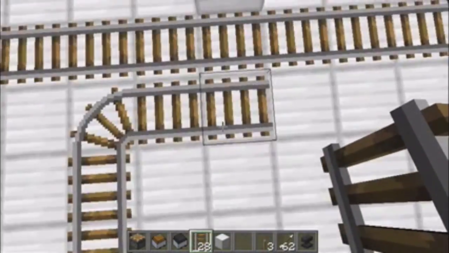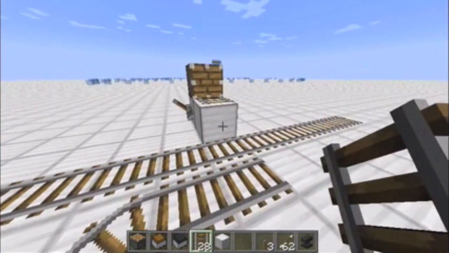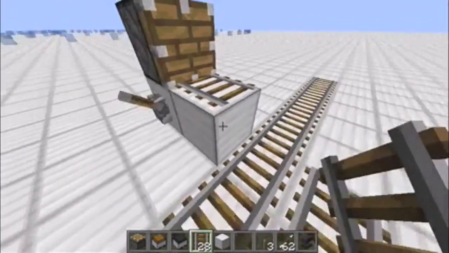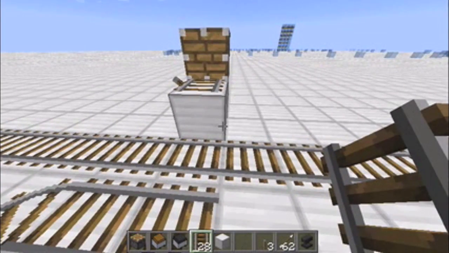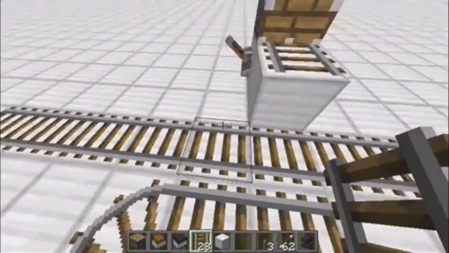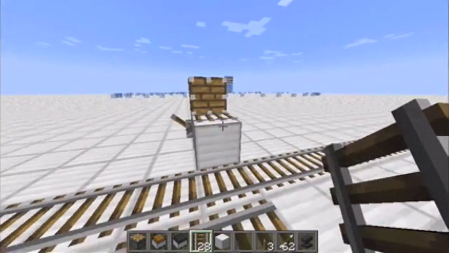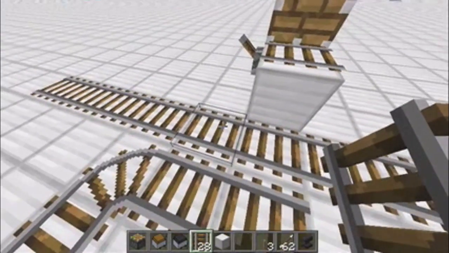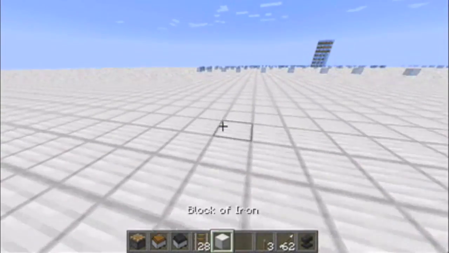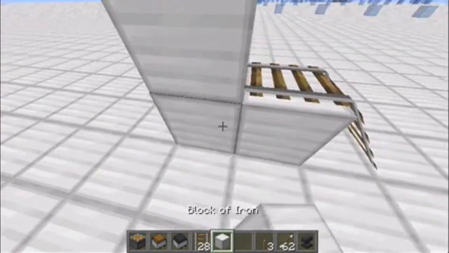So this track here is incomplete, and therefore it's going to automatically prioritize this block because it's above, and it's going to recognize that if it turns this way into the rail that would be here, it will become a complete track. Remember, tracks always want to become complete. Now you'll also see that the track down here will also update and it will go up, and this is because rails prioritize the upward direction. So even though a rail might be going down, I can show you over here. A rail here, for example, might be going down,